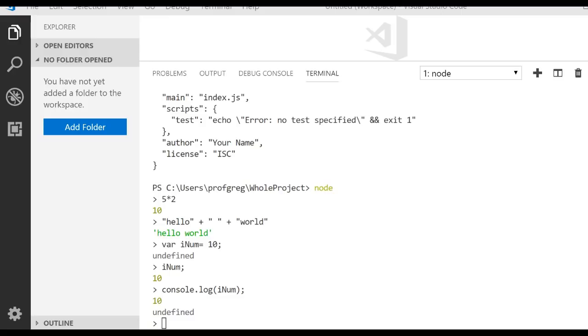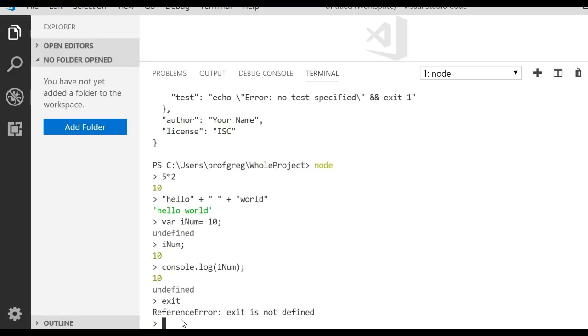The read portion, the R portion, says that we can accept expressions from the user. So we're reading what they're typing in. The eval says we take what they typed in and we can run that or execute it. The print says we can now display it to the user, and the loop says we can just keep doing this. If we ever want to get out of this REPL, you can type in